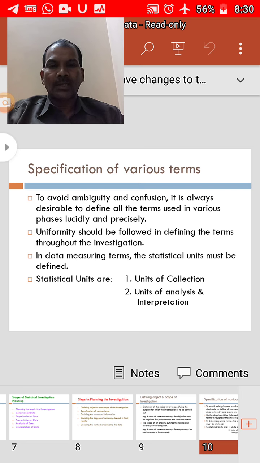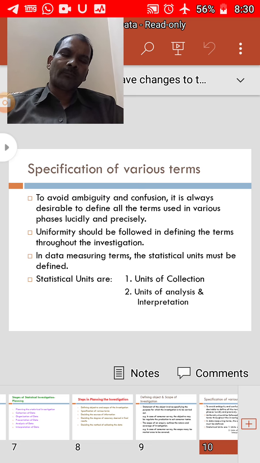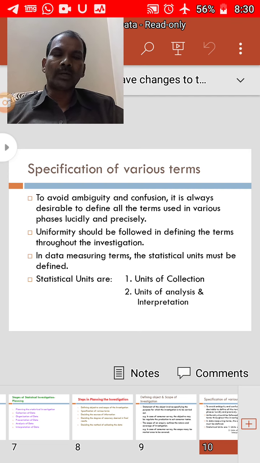Specification of various terms. After determining the object and scope of investigation, the investigator will have to state the various terms related to the study. To avoid ambiguity and confusion, it is always desirable to define clearly and precisely all terms that are to be used in various phases of the statistical investigation. Such definitions should be followed uniformly